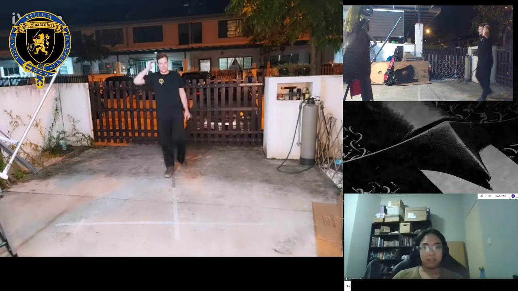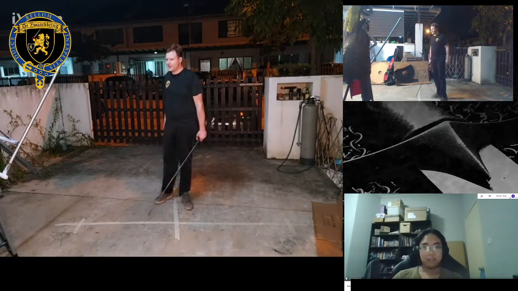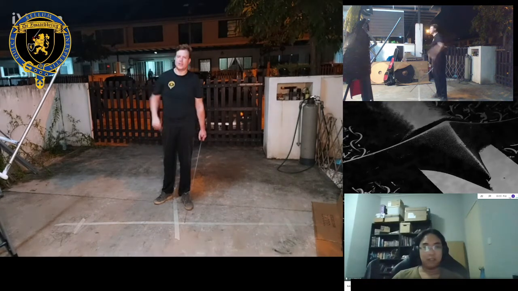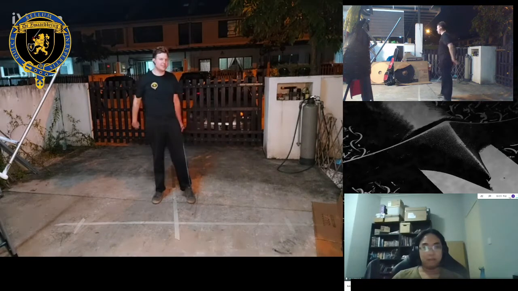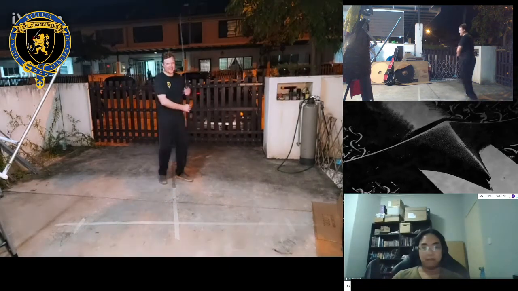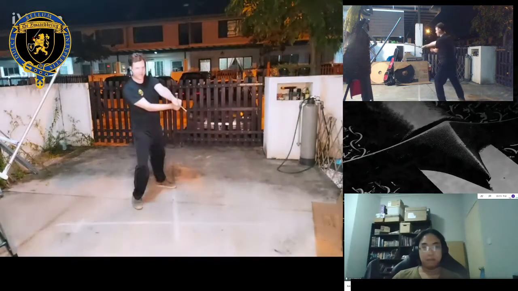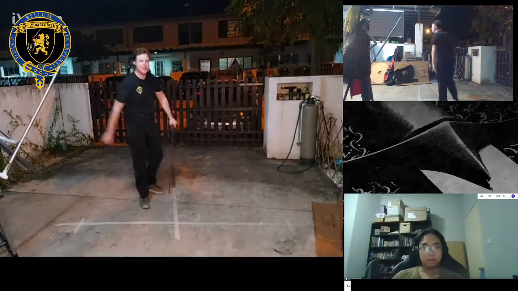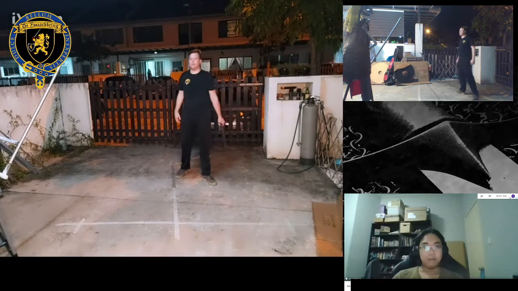Interesting thing, if you have a mirror that you could set up in a space where you can cut safely, then you can cut against your mirror so you can aim at yourself. Like this cut, I'm going to aim at my shoulder. This cut, I'm going to aim at my other shoulder. This cut, I'm aiming at my armpit. This cut, I'm aiming at my armpit, right? So you can see for yourself, okay, this is what I need to aim for.